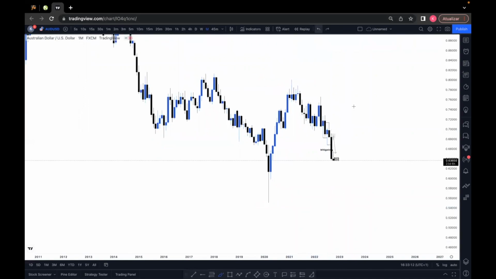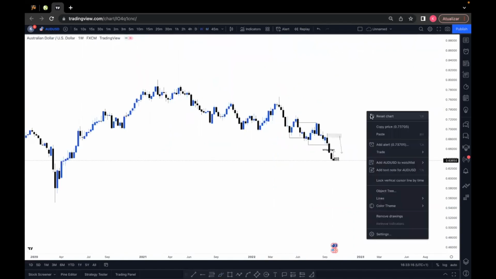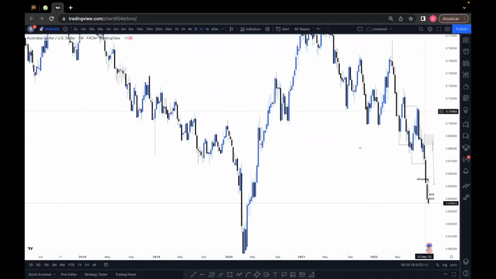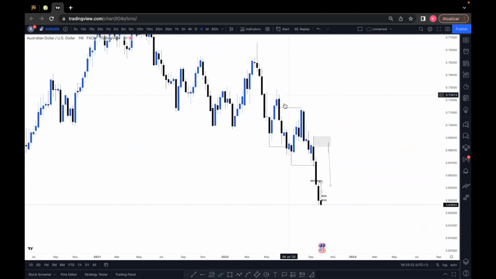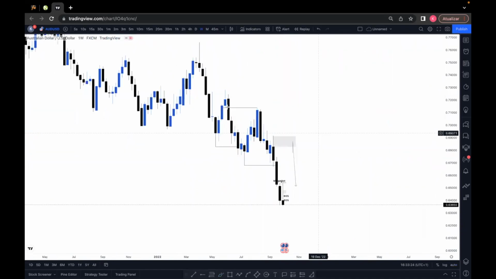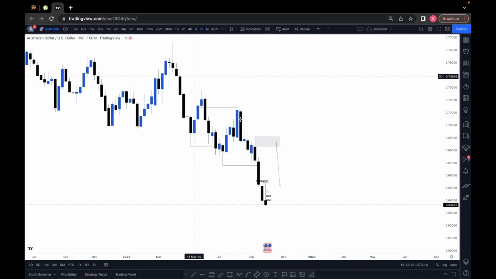So if we drop down, for example, to the weekly time frame, right, we can clearly see that we have this bearish structure right here on Aussie dollar. Super clean. We had the break of structure here, mitigation, a break. We had another mitigation, then a second break. Now, what I was looking for is to see Aussie dollar coming all the way up here to